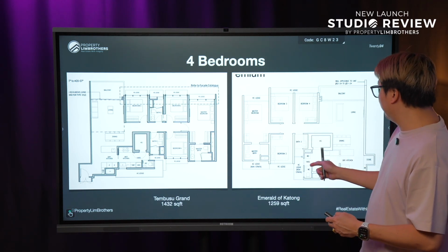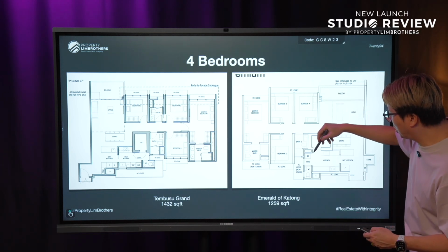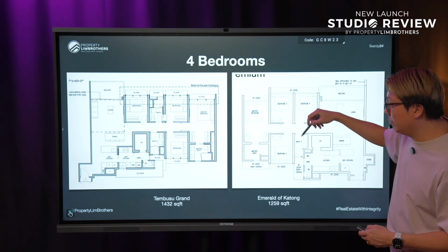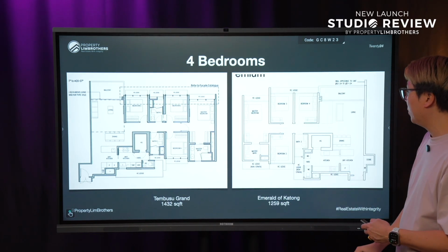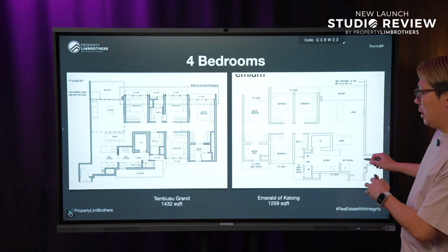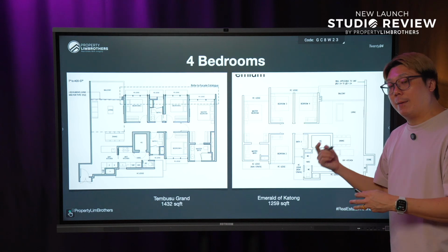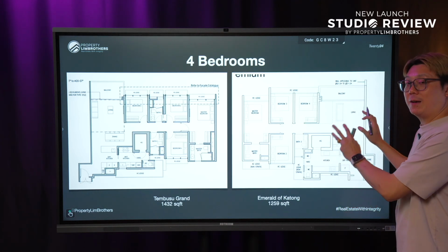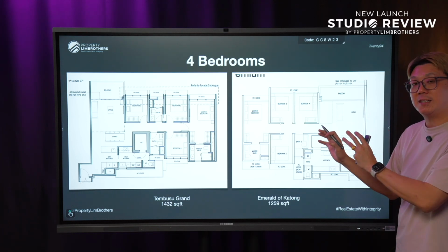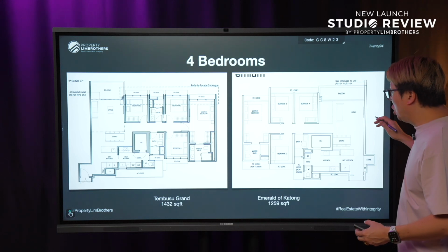But of course, this is the unit that actually comes with a home shelter, which is very similar as well. You get a yard and WC, likewise over here. The overall feel is pretty much similar, but what I like about Emerald of Katong's design is, of course, the living area, because this gives a lot of flexibility to how you want to utilize the main living area, whether you want to turn this into a study area